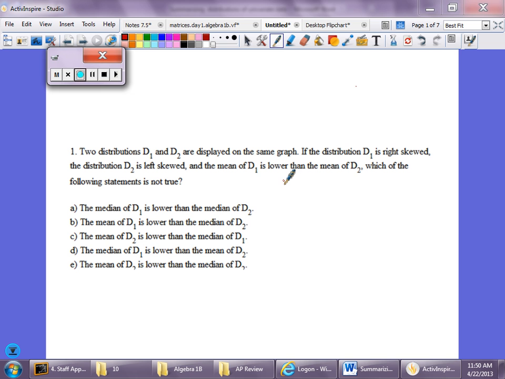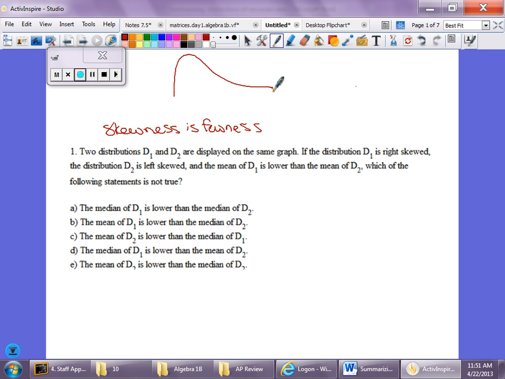Secondly, we want to remember skewness is fewness. That will help us draw our two distributions, okay? And another thing to remember is that when we draw our distribution, here's an example of distribution 1, because it is skewed right, the median will always lie closer to the peak. So if this is our skewed right distribution, then the median will lie to the left of our mean. So that's distribution 1. You want to draw a similar distribution for distribution 2 on the same axis so that they're matching up,